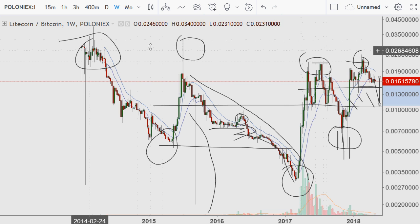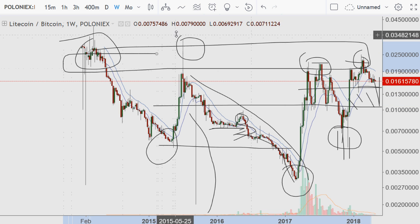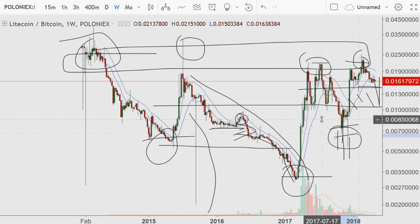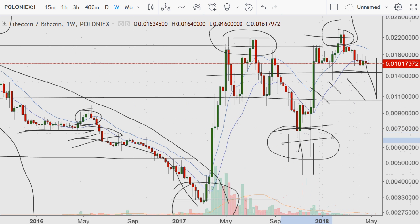If it can manage to have all of these up circles that are around the same spot, that means it's resisted the same area 4 different times. It's supported it in various different outlets. But to be able to do the next support circle at a much higher level than the number that I want to see it hold,